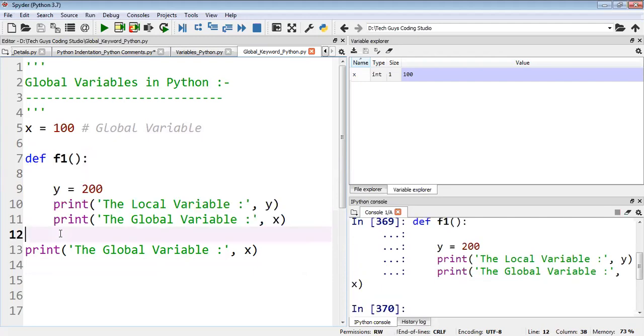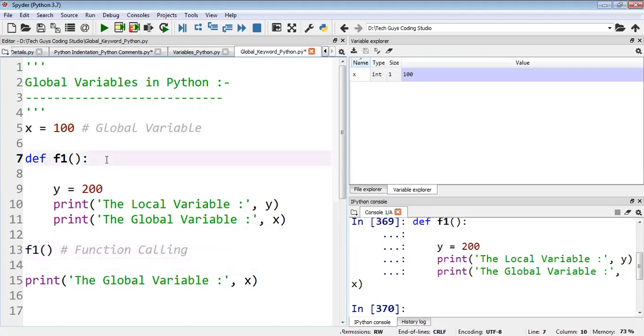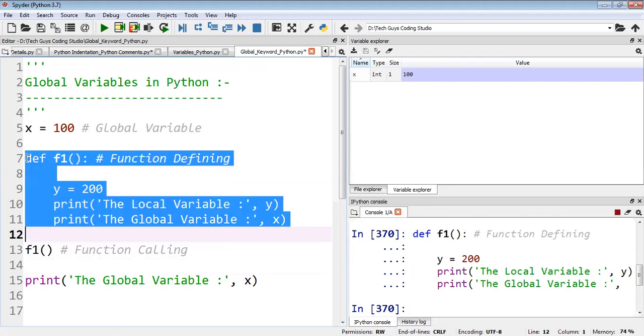I need to call the function. This is function calling, and here is function defining.